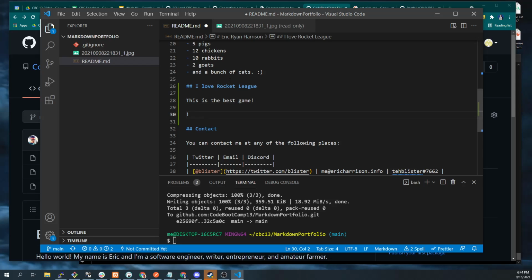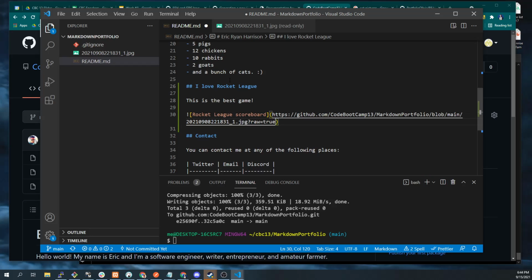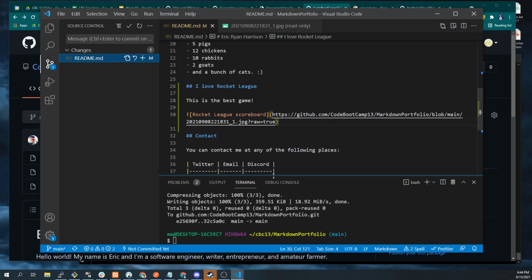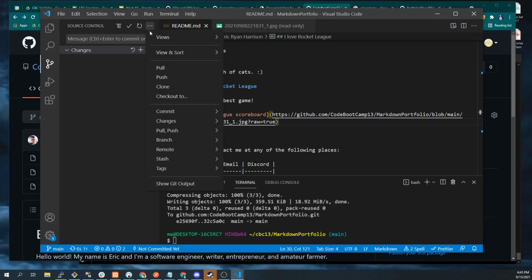All right, exclamation point, Rocket League scoreboard, right? And I just paste in the address to the image. So this is one way. And as soon as I'm going to have to still commit that change. I already committed the image up into it, but now I got the URL that GitHub is storing that image at. And so when I commit this now and I say adds RL scoreboard image, and I commit and push,